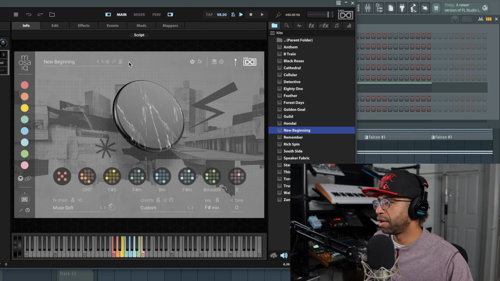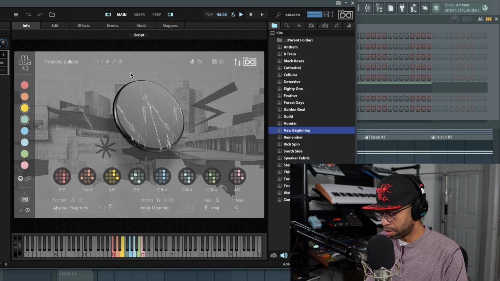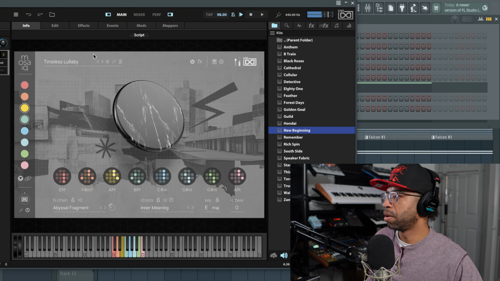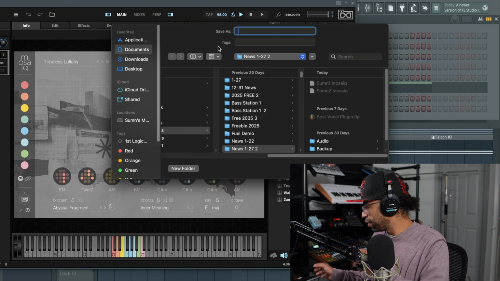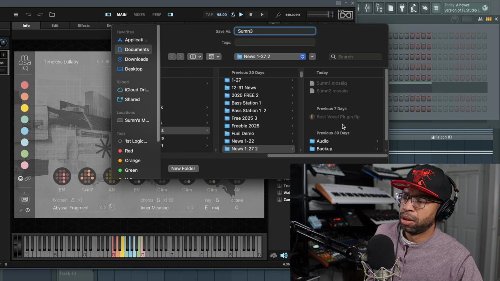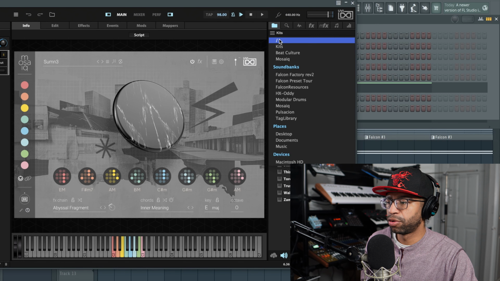So that's fire. We could also randomize that and get ourselves something new. I like that one too, so I'm gonna go ahead and save that preset. So pretty fire. Let's go ahead and go back into some more kits real quick, just so that you guys